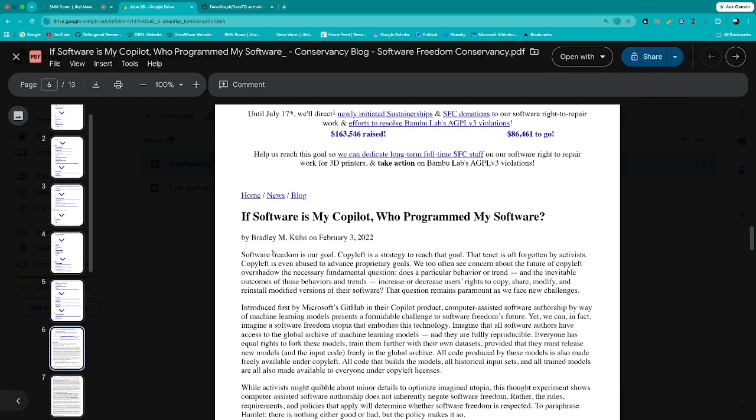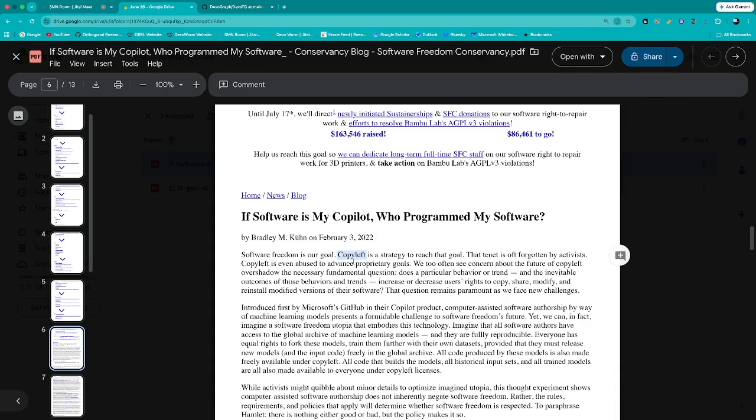So we start with software freedom as our goal. Copyleft is a strategy to reach that goal. Copyleft, of course, is the philosophy behind the open source licenses that we use today, like the MIT license, or some other license like Apache. Creative Commons licenses also follow the philosophy called copyleft.